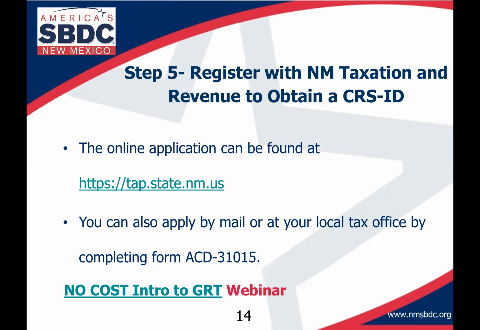Because if you're not going to file your gross receipts tax reports and pay them yourself, you're going to have your accountant or bookkeeper pay them. You might want to have your bookkeeper or your accountant involved in the setup. Also, you want to keep the information you're using for your EIN, for your business structure, and for your CRS ID consistent. And a lot of that information is public record, like physical address, mailing address, phone number,